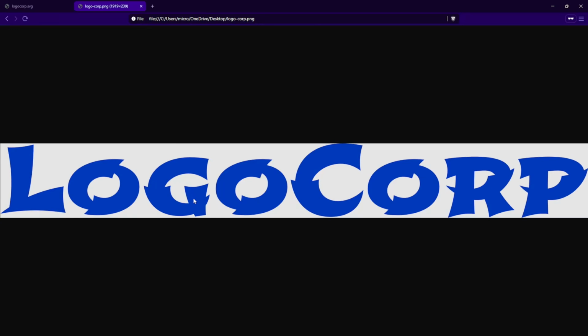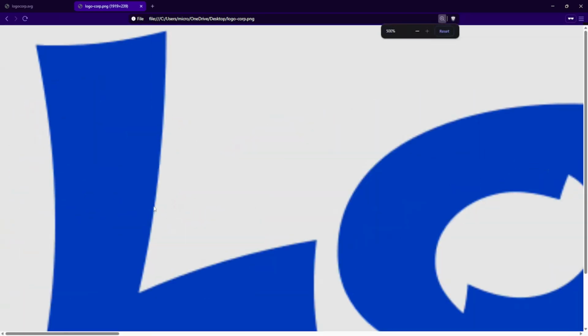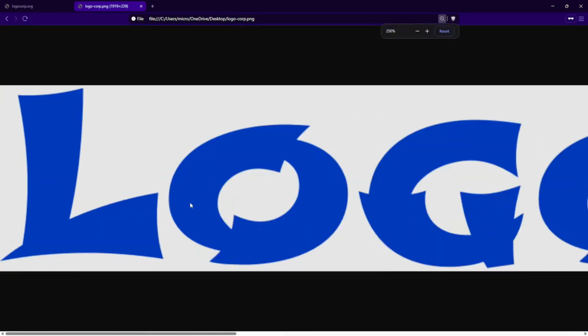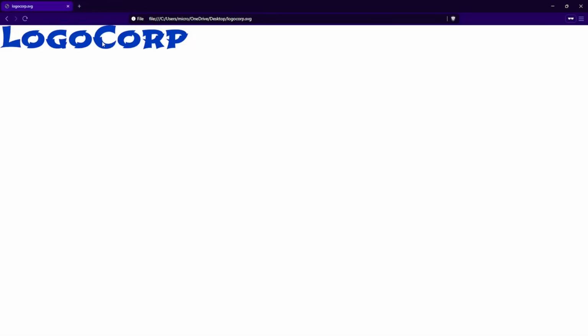Now what happens if I hold down my Control key and scroll in to make it bigger? See how the edges are all pixelated, they're fuzzy. And the bigger that you blow this image up, the more pixelated it will become. But that's not true with this